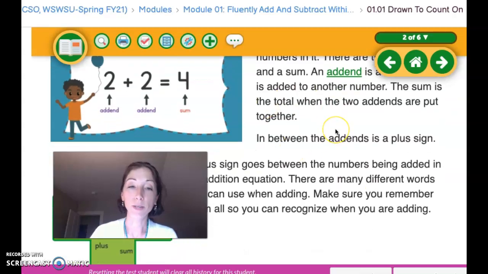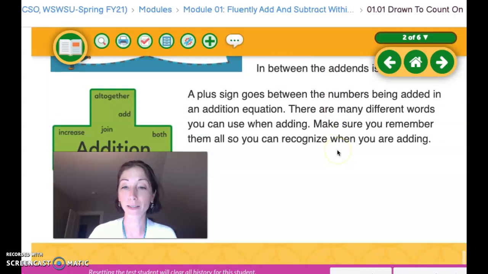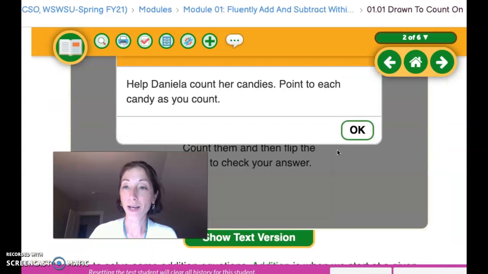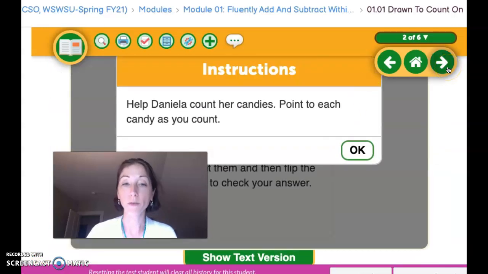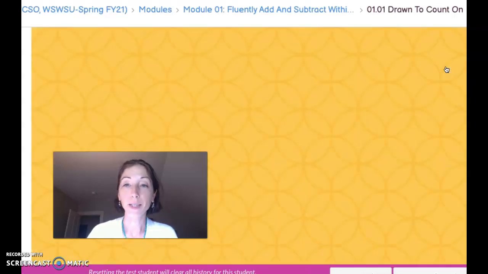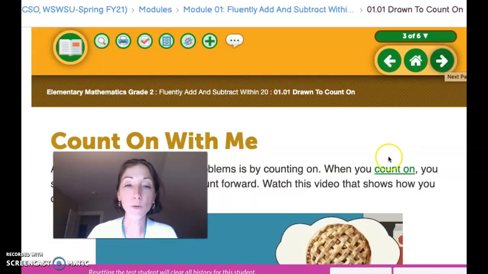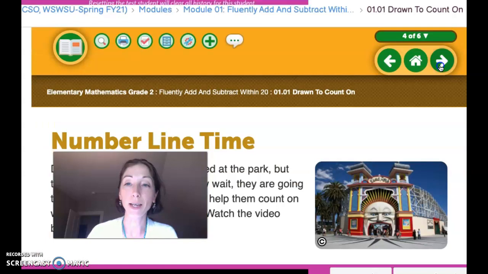Some more stuff to read. Make sure you move slowly. There's a lot. This is not meant to be done in 5-10 minutes. These are week-long lessons. But take your time. Go back to it over a couple days if you want to. Hit that next button. Basically, I would move through all of these lessons with these forward, backward arrows until I am at